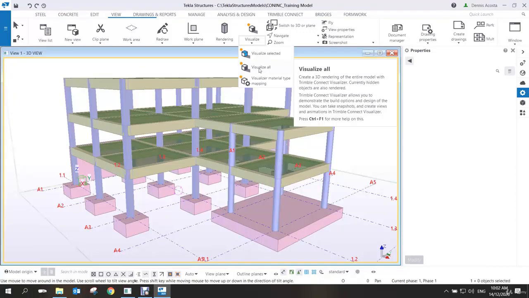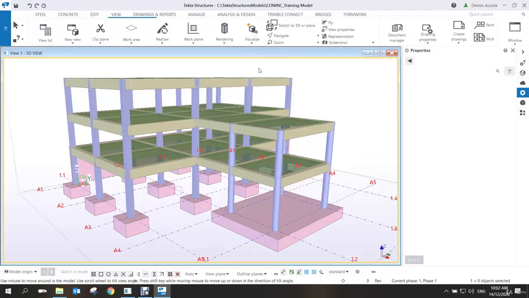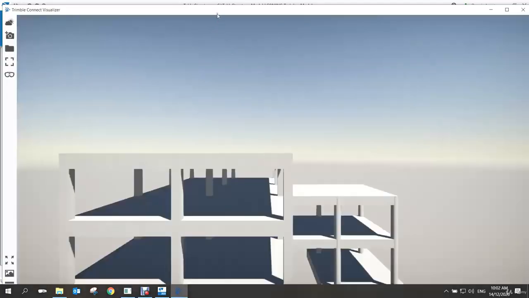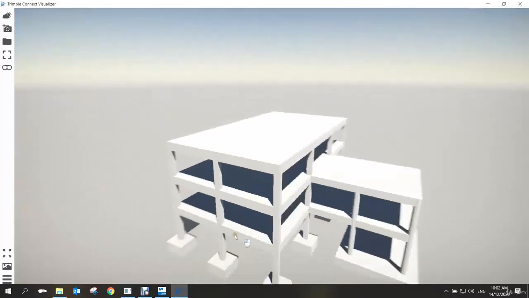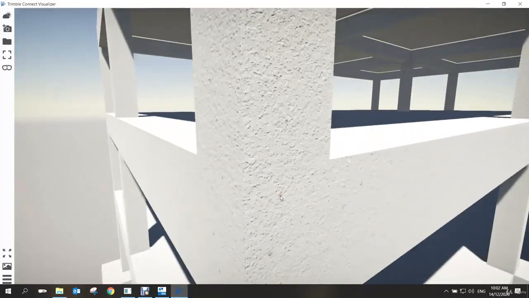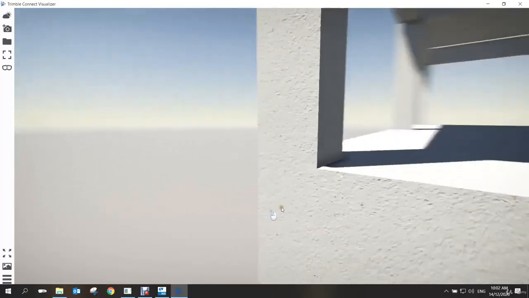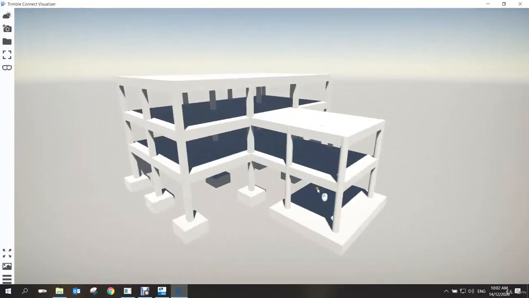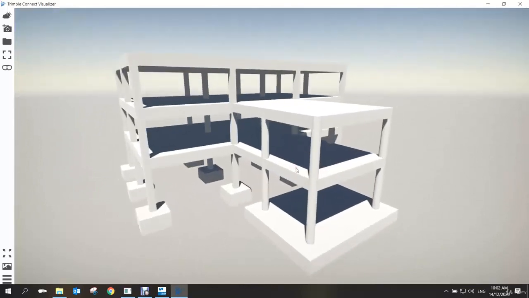Okay, if you click visualize all, it will capture and then create a new file in the Trimble Connect. So look at the rendered view now. It's a photorealistic color of the concrete. See? If you zoom in, see? And the good thing with this one, if you want to do the presentation, is that it will move along,